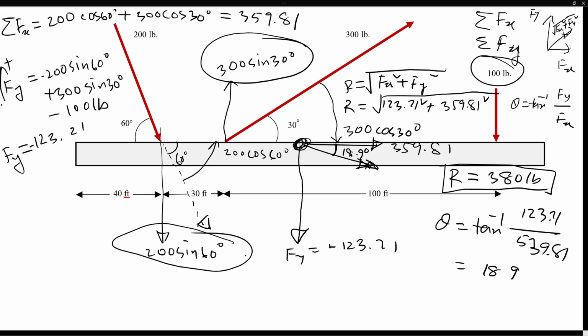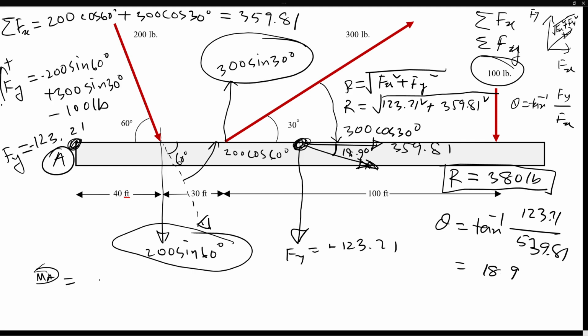Now, to calculate the location of this force, we'll have to basically calculate the total moments for the component forces with respect to, let's say, this point A. That will be the exact same moment as this resultant force. So if we calculate the moment for the resultant force with respect to A, summation of moment with respect to A,